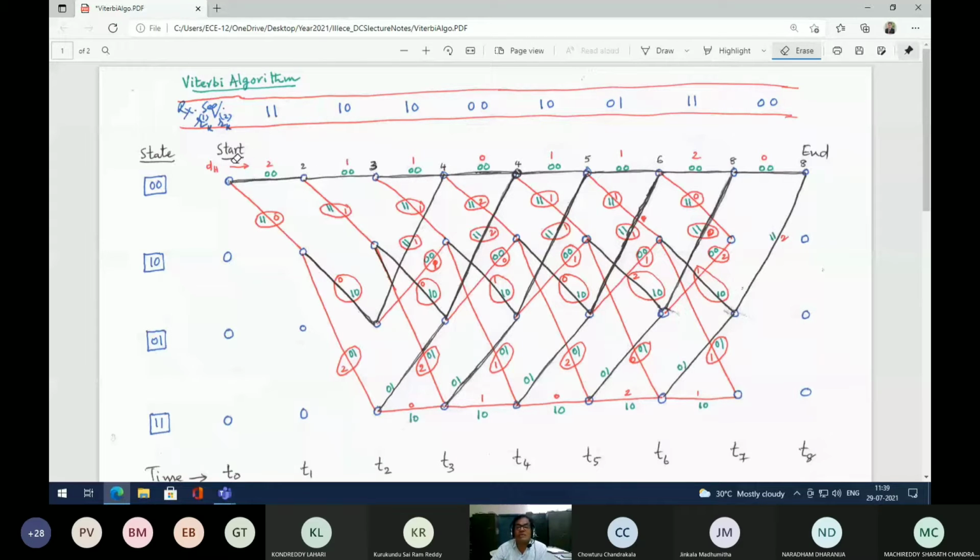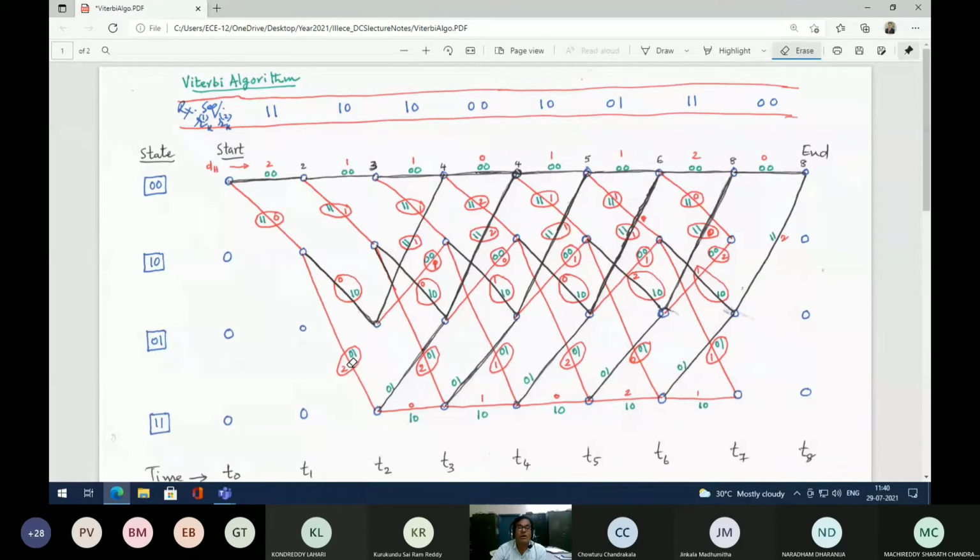Now, in this example, once again for the late joiners, this is my first received bit pair, and I am comparing this with the output on this particular branch. So, what is the Hamming distance here? Can somebody tell me? 1, 0, 1, 0. That is a 2. Hamming distance is 2 here. Similarly, you have to check within this window, comparing all these things, whatever branches you come across.